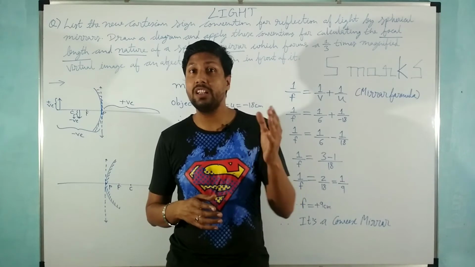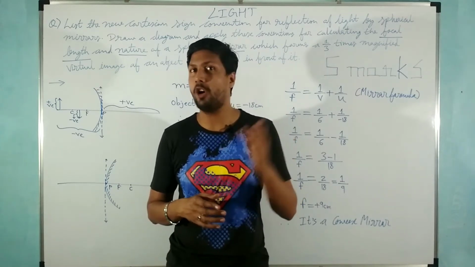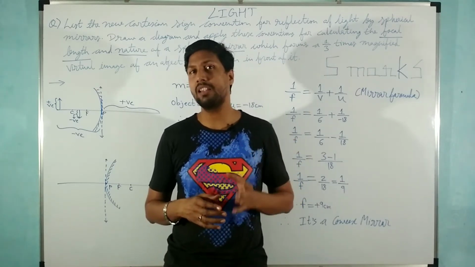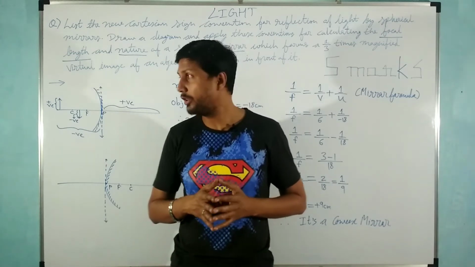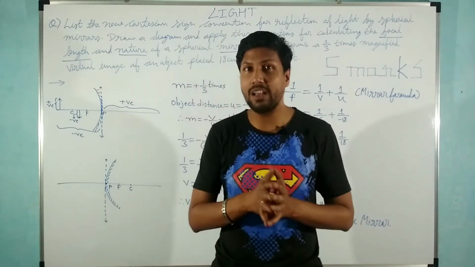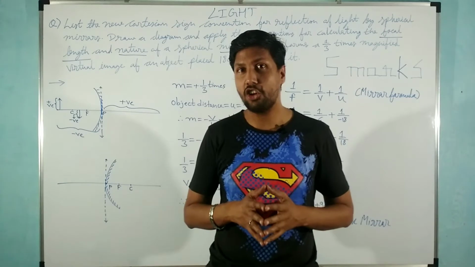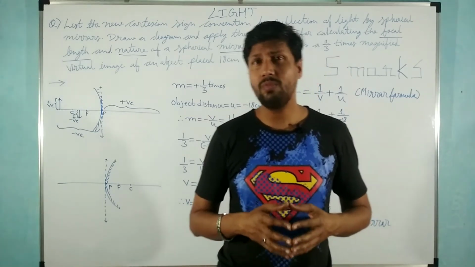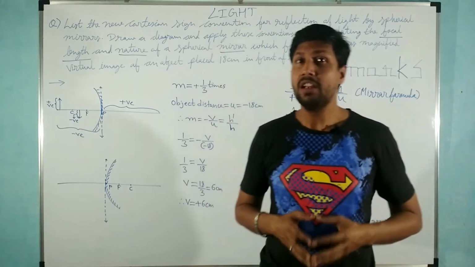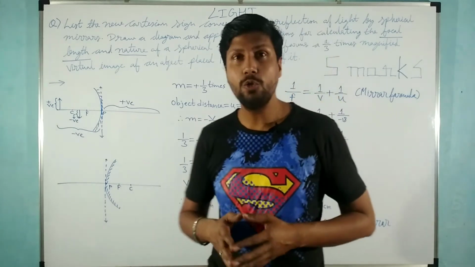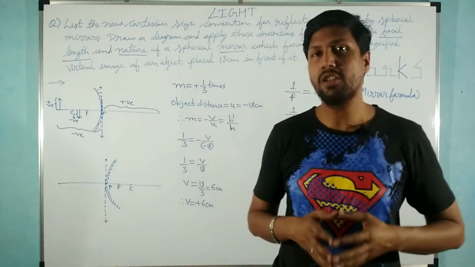So you should be able to interpret what depends on what. So here also we are going to interpret the calculations finally to find out the nature of mirror as well as the other aspects. Now, first of all, we'll go through the new Cartesian sign convention